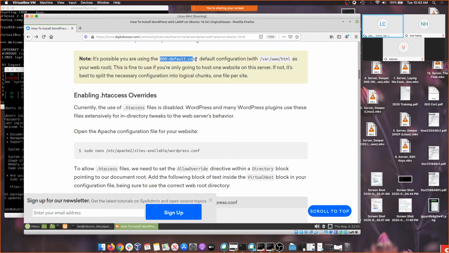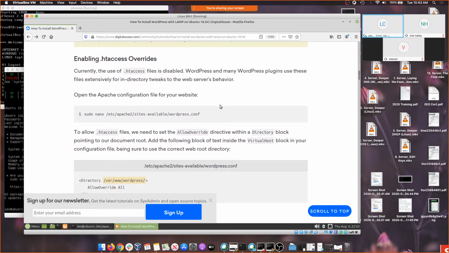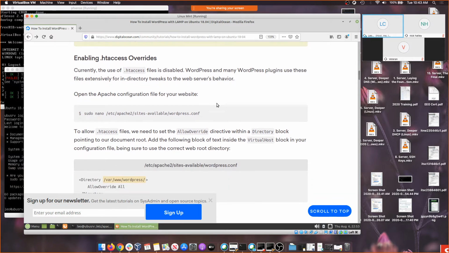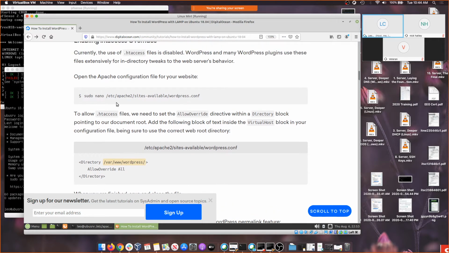If you're using this file, then you'll be using this directory. Don't forget it. Okay, so what this is telling you to do, right? We get to skip a lot of this if you didn't do the WordPress thing. If WordPress is going to be the only site on your entire machine,